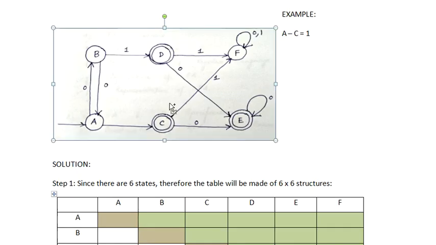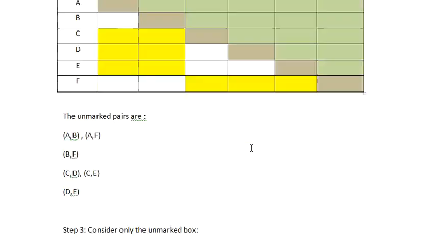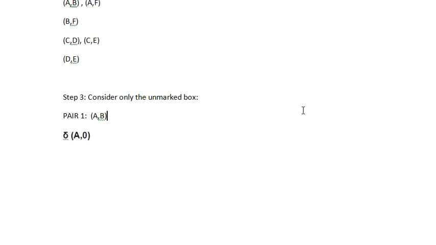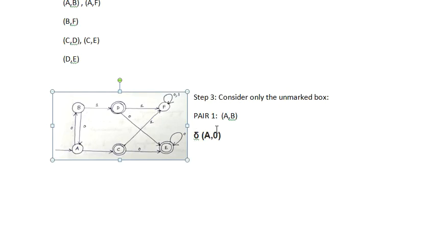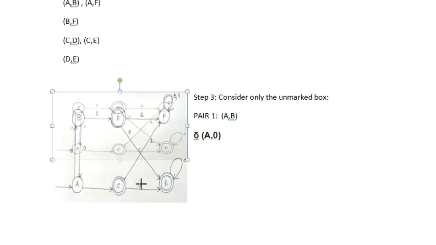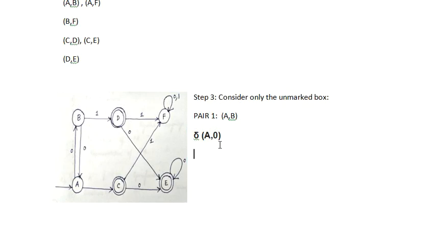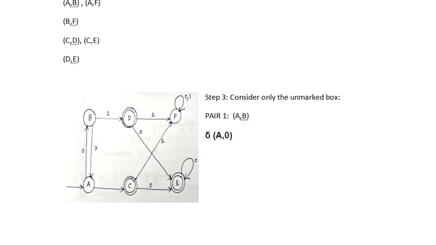Is it possible if I can copy it down? Yes, it will be easy for you to understand. I will make it a little bit lower. Now it's fine. Is it visible? Let me increase this. Now it is visible, I think. So for this A, the transition function for A, on seeing 0, where is it going? It is going to B.